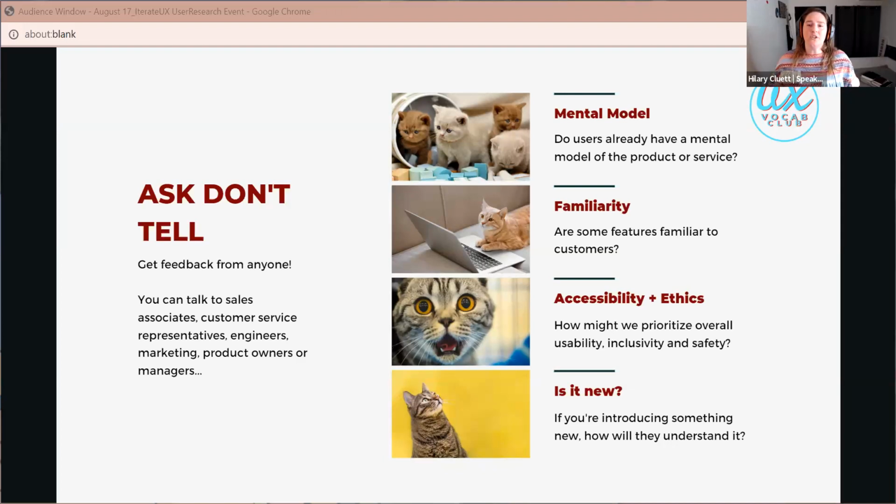But you're going to ask them. You're not there to tell them, this is what I'm doing, here are my goals, here's what I'm trying to accomplish. You actually want to ask them questions, right? Because then you're going to get feedback from them that maybe isn't part of your original understanding, because they're the people, like customer service reps and sales associates, who are talking to customers all the time.